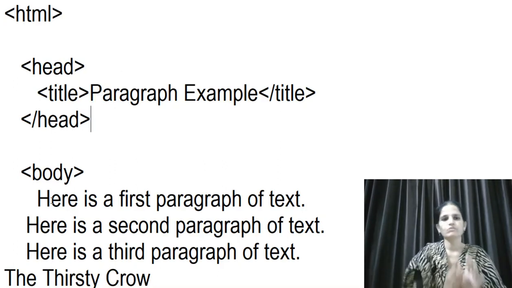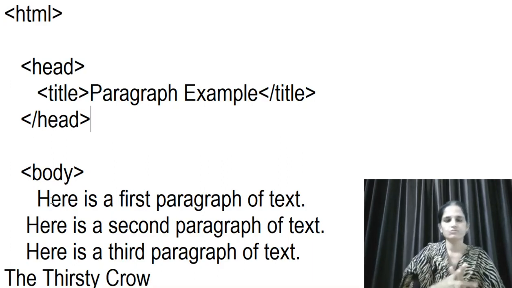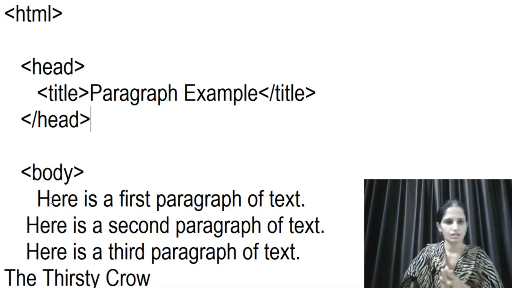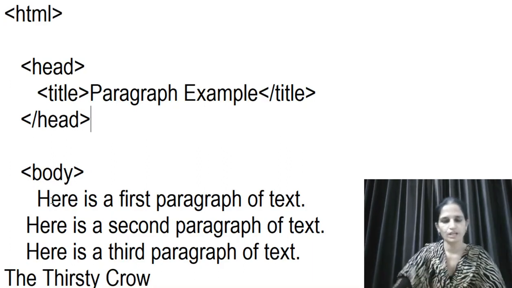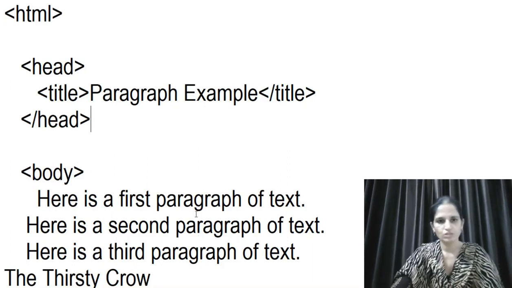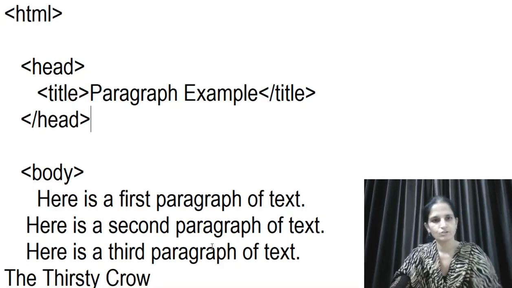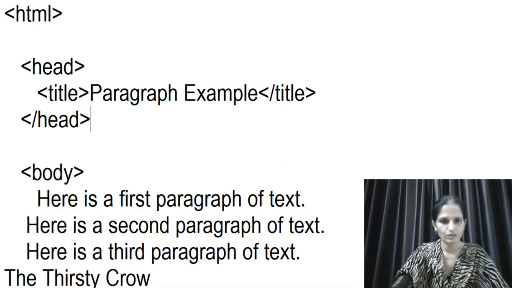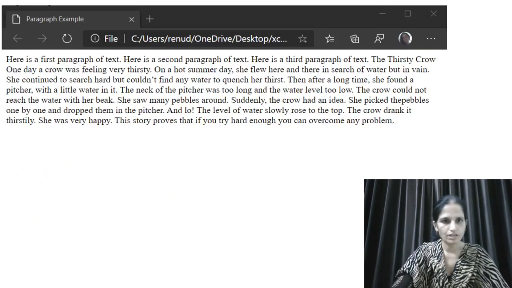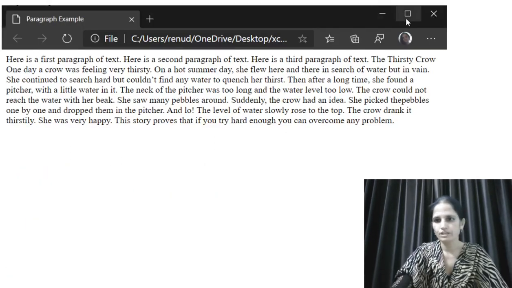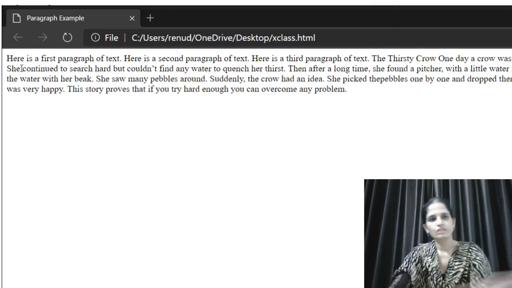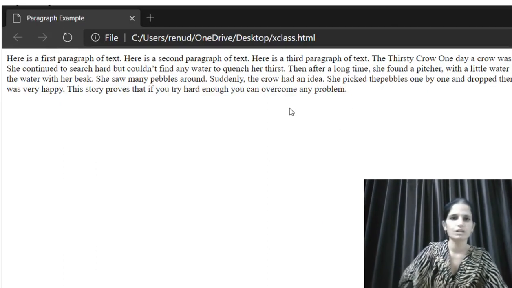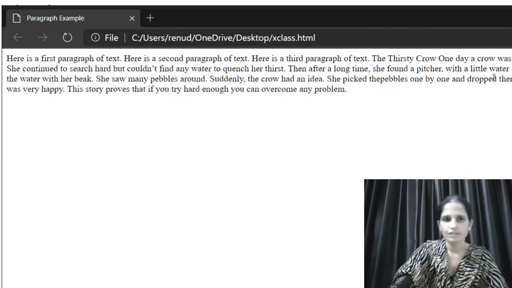If we don't write any BR tag between these lines, our text will simply be displayed in a single line. For example, we don't put any BR tag here. So for the output, save it with Control plus S, then minimize it. After minimizing, you can open your browser again here. When you open it, your complete text will be displayed as a simple paragraph in a single line.